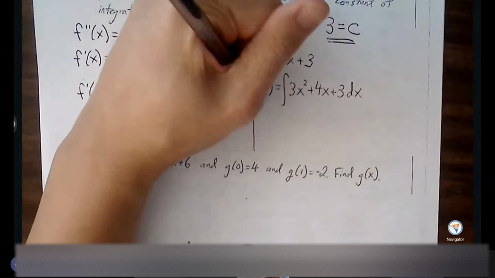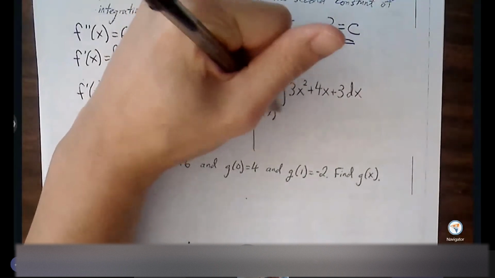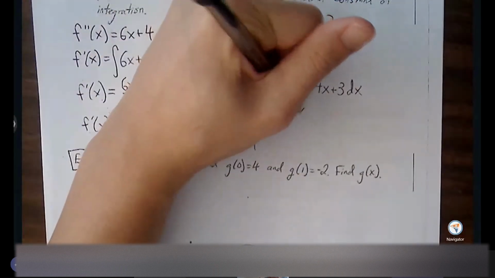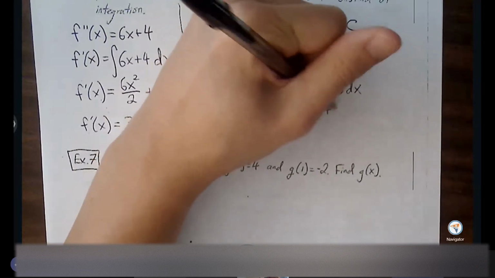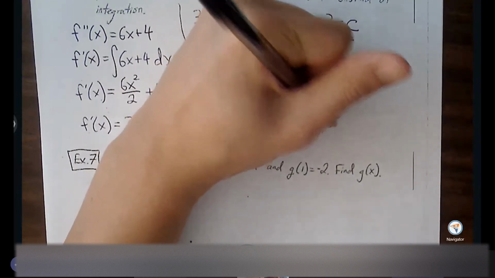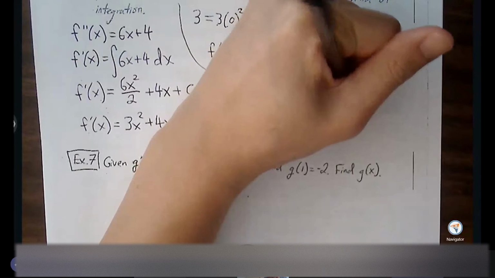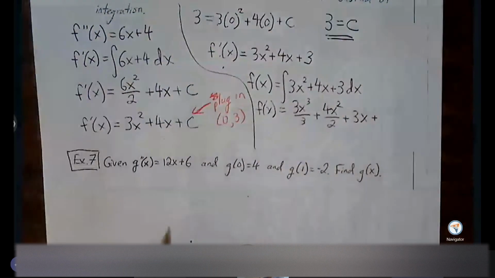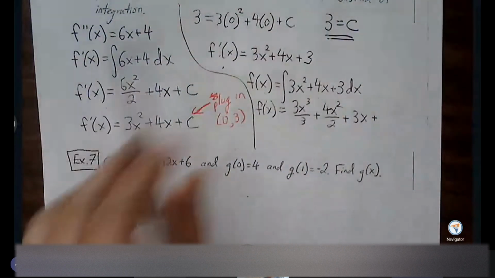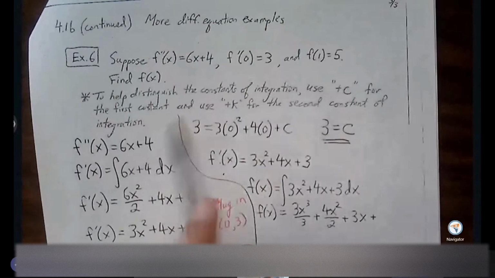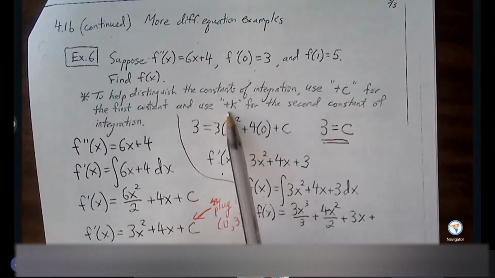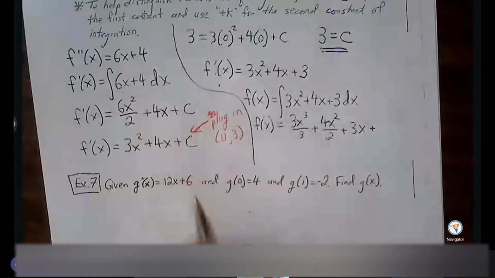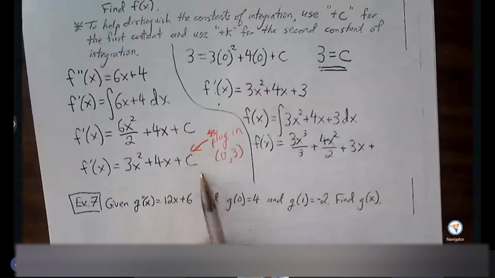Power rule. And because I'm producing another constant within the same problem, we typically like to use a different constant letter. Sometimes I see students using c sub 1 and then making the second one c sub 2,